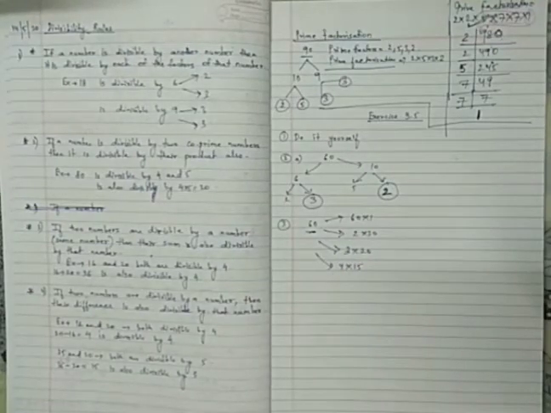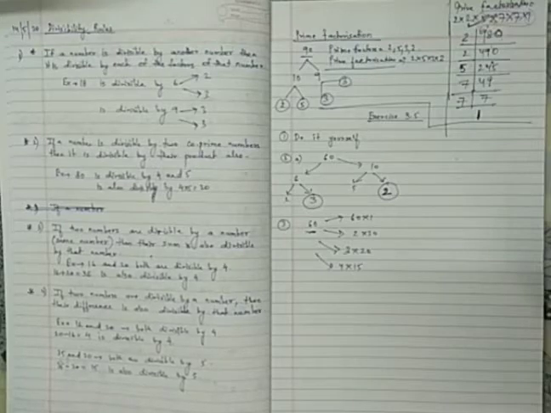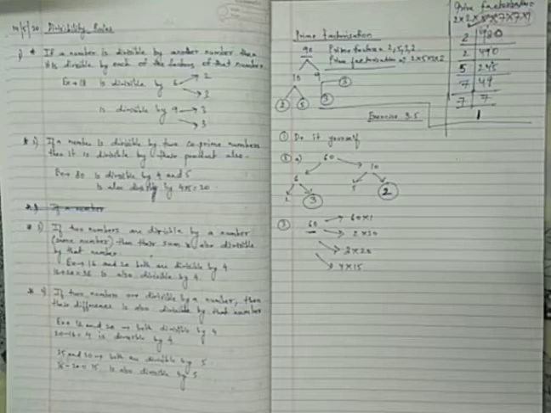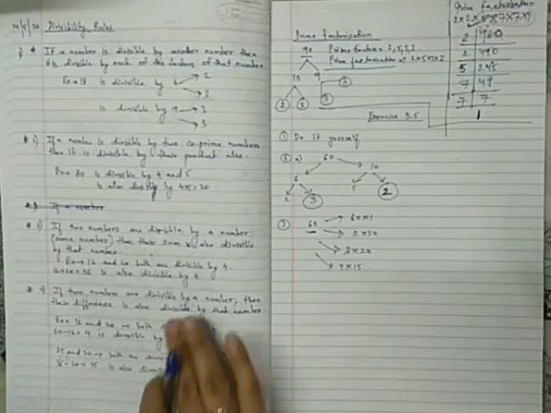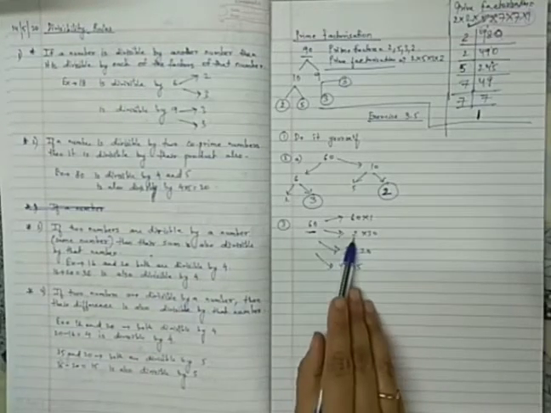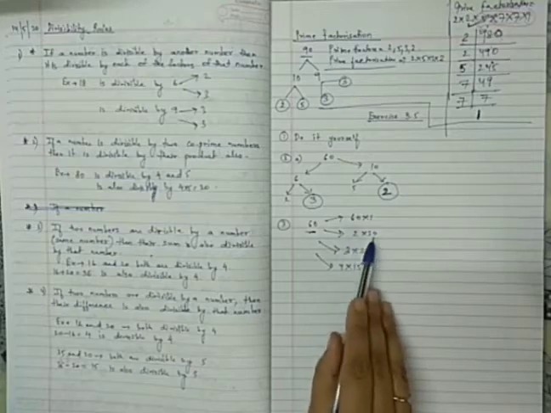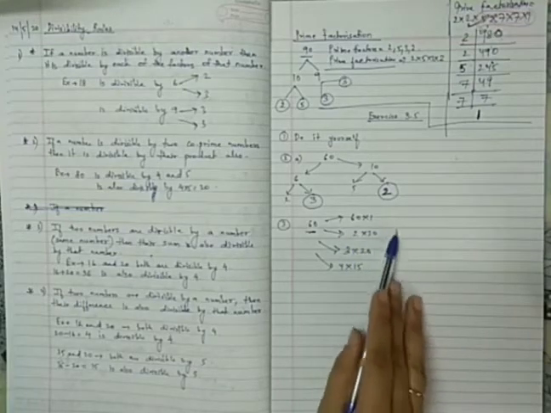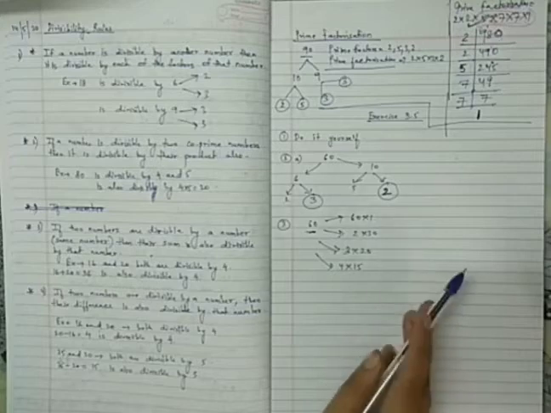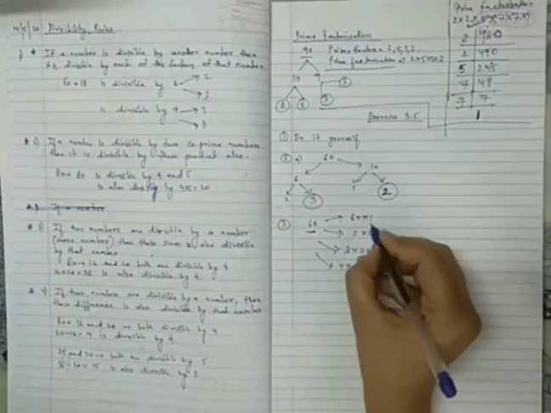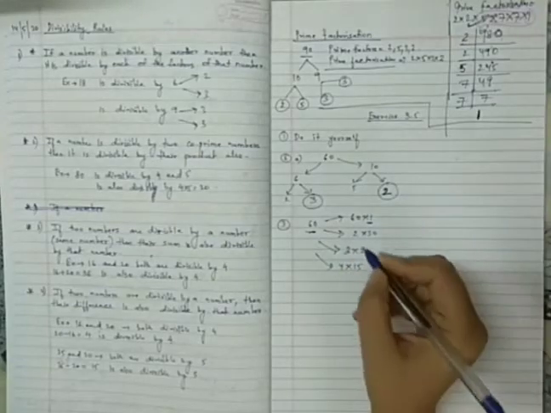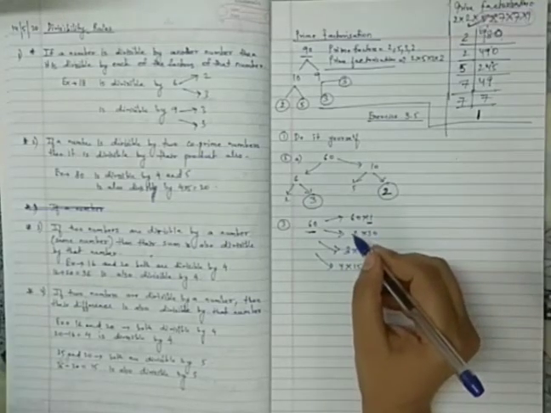So now the question is, which factors are not included in the prime factorization of a composite number? So what is basically prime factorization? You get 2 into 30, right? Now 30 can be further divided into 3 into 15. 20 can be further divided into 4 into 5. But here 1 and 20, right?